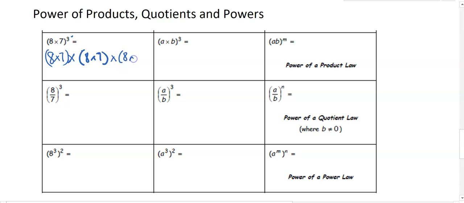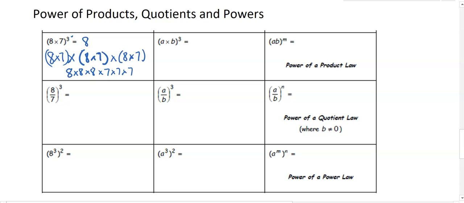Multiplied by 8 times 7. So I have 8 multiplied by 7 3 times. Well, if it's all multiplication, we can just rearrange the order. It's the same as 8 times 8 times 8 multiplied by 7 times 7 times 7, right? Because it doesn't matter the order of multiplication. So this is really just 8 to the power of 3